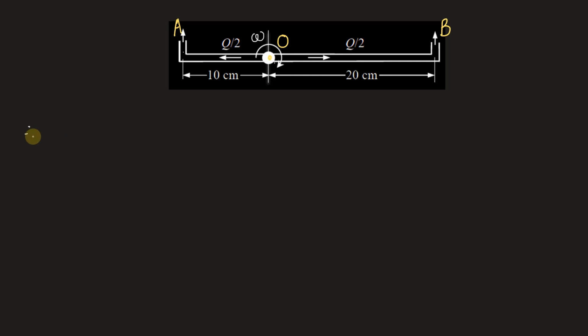Hence we can write relative velocity at A is equal to discharge Q by 2 from the exit nozzle divided by the area of exit nozzle. Let that be A. So we have Q by 2A. Now this relative velocity is equal to relative velocity at B because the discharge is same and the area is same. So it is equal to relative velocity at point B.